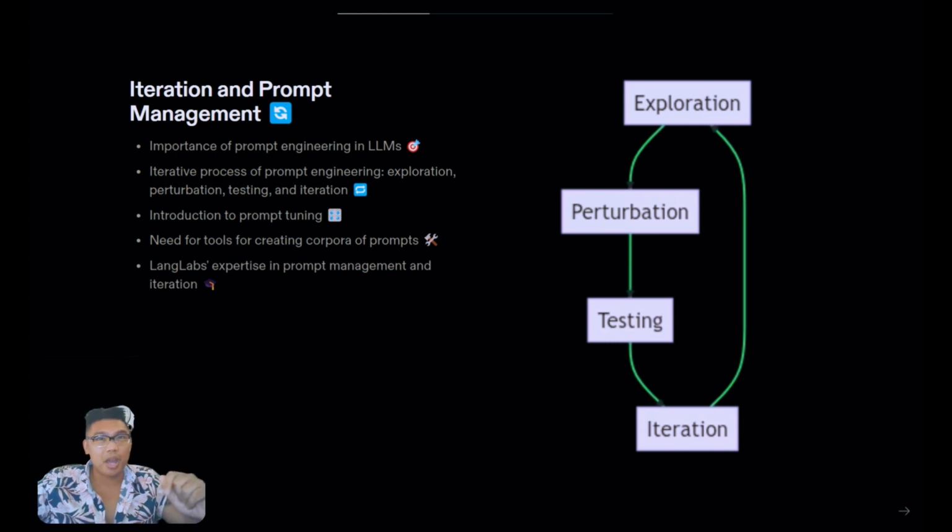Prompt tuning is another technique used to guide LLMs to perform specific tasks. It involves learning soft prompts, which are trained weights that can be fed to a frozen language model along with the input to obtain the required results. There is a growing need for tools that support the creation of corpora of prompts. Prompt Source is an integrated development environment and repository for natural language prompts. These techniques and tools make prompt engineering more like engineering and less like ad hoc experimentation, leading to more reliable